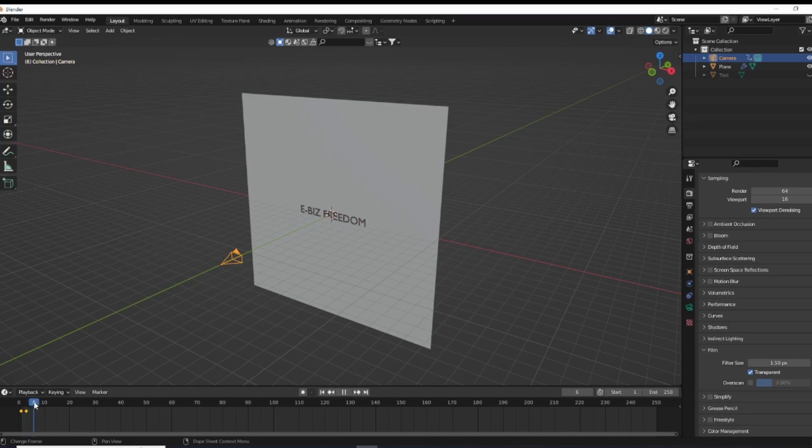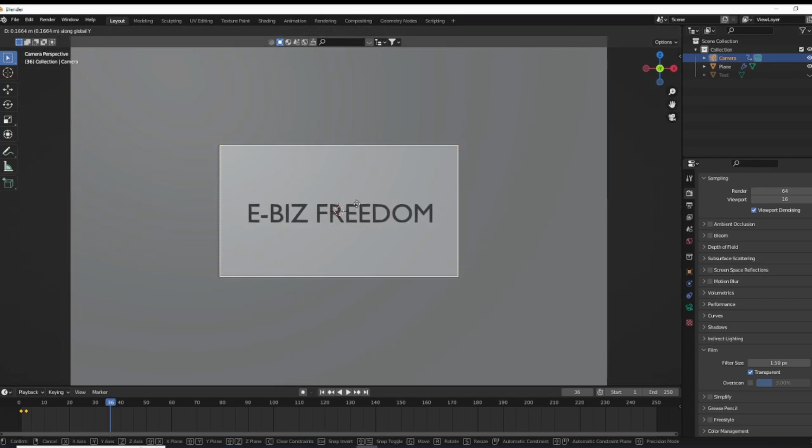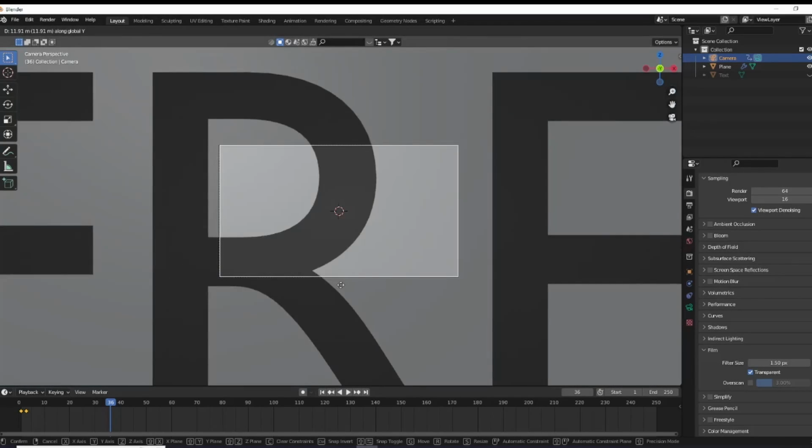And then we want to select how long we want this to be. So 1.5 seconds at 24 frames per second would be 36. Now I want the camera going right past the text as it hits that 36th frame. So with the camera selected, G, Y, and we're going to zoom in just like,